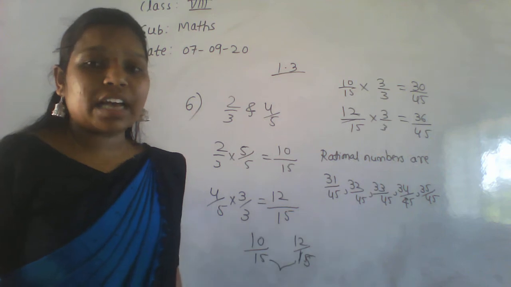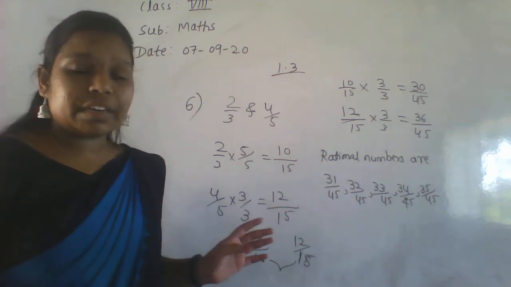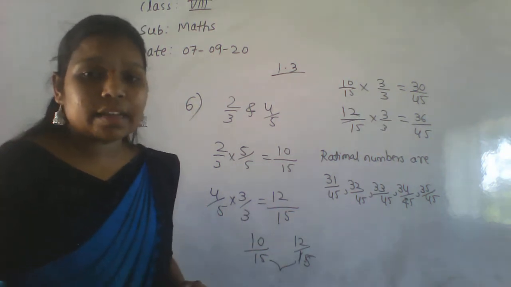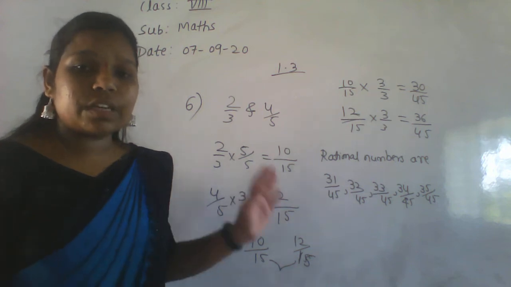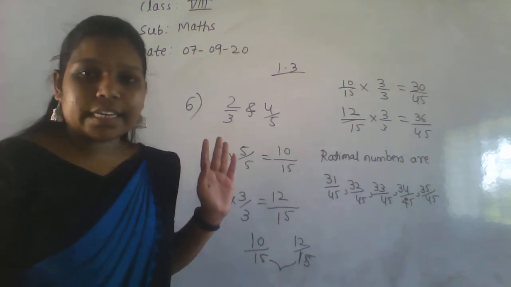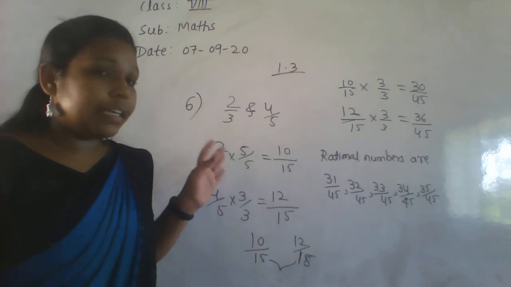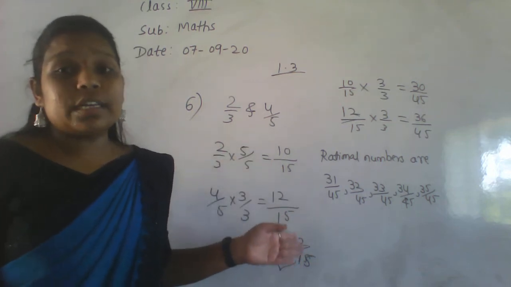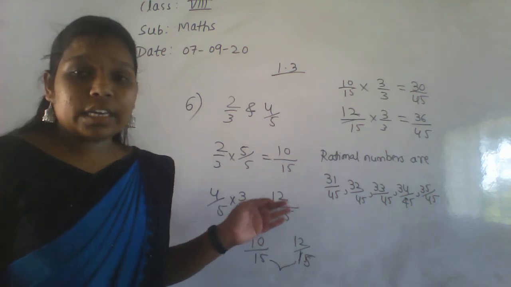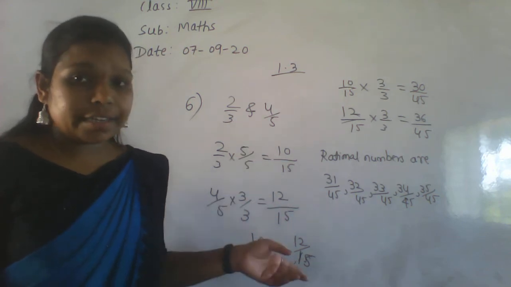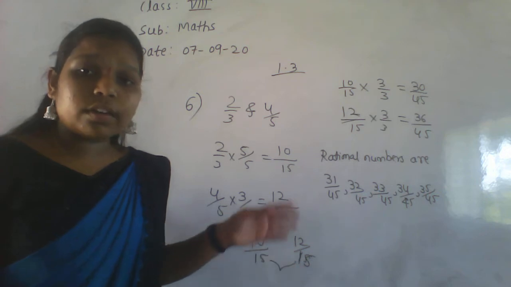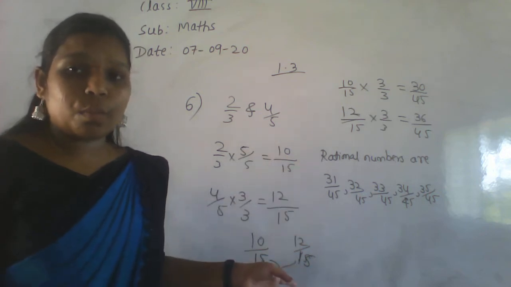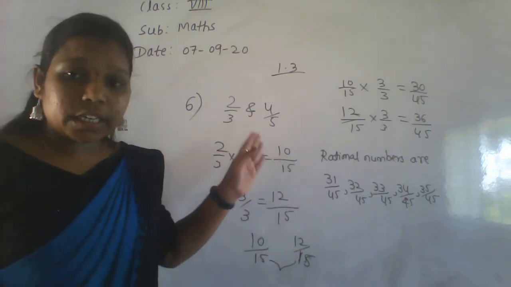So like this we have to do to find the rational number. If they tell us to write 5 rational numbers, or 10 rational numbers, we have to write them like this. Is everyone getting it? It is a very easy one. Let me tell you once again. In the exam, only a few people did it right. Almost everyone made a mistake in this problem, so once again check here.